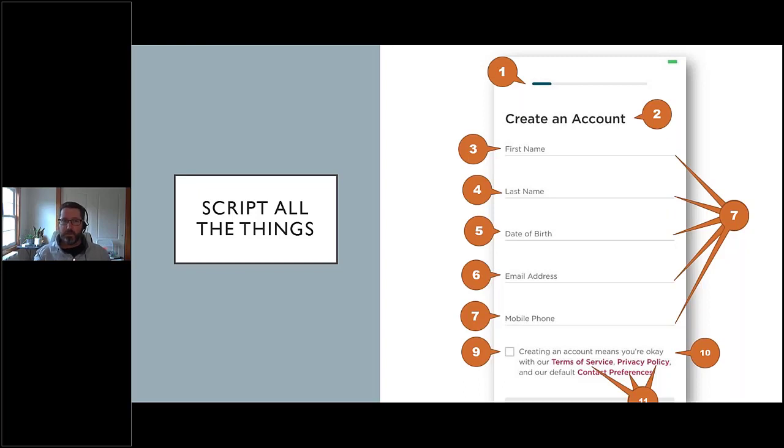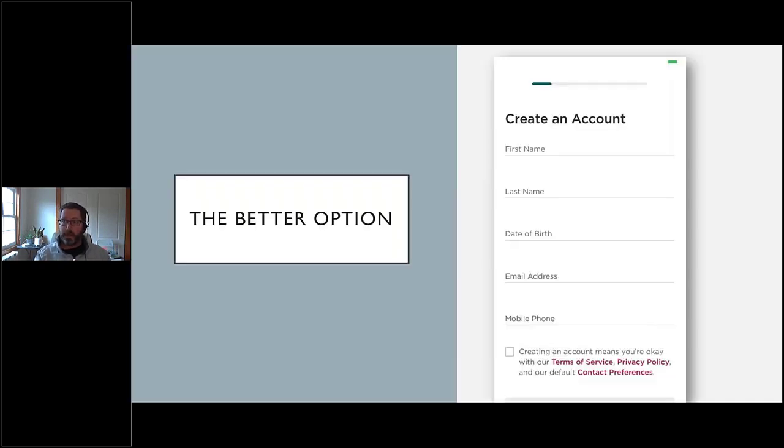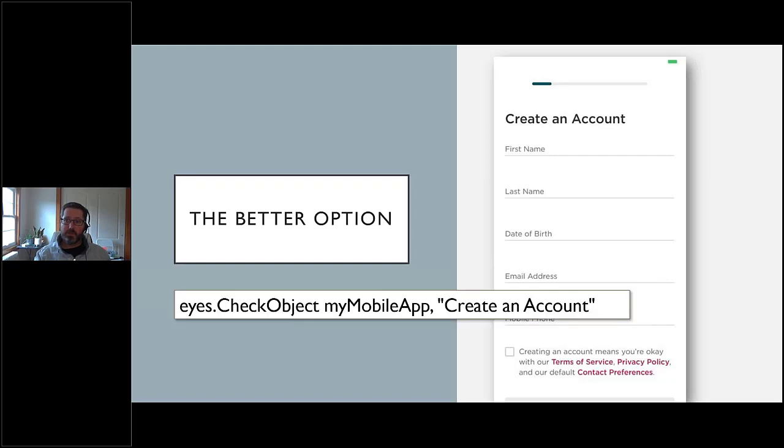What could possibly be a better option? Well, Applitools happen to be that better option for us. So let's take a look at that same thing with this option. Same screen, how do we validate this? One simple call to the eyes library. That's all we have to do. It's incredibly easy. We make this call and this is validated. Talk a little bit about how this is validated in a moment